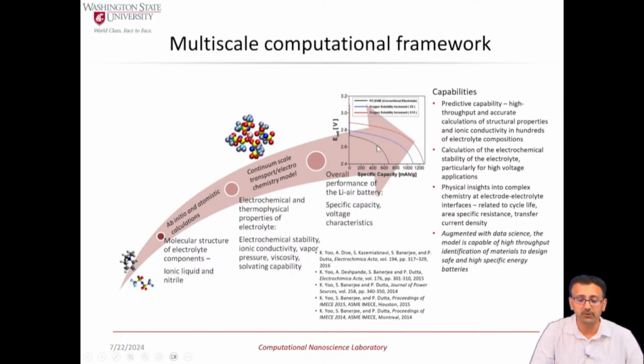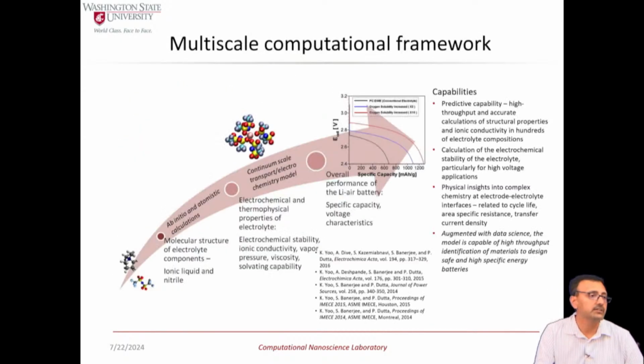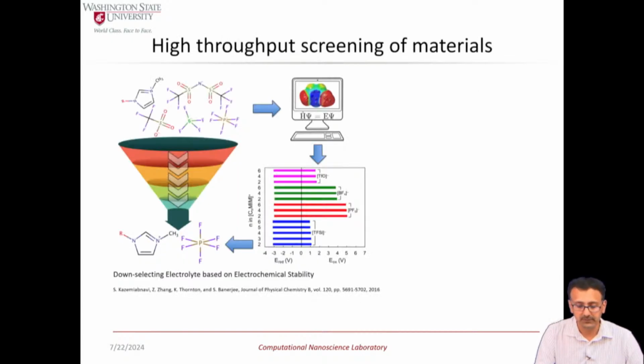current voltage performance. In fact, one of the things that we found from this project was that at a slightly elevated temperature, these ionic liquids achieved a really good specific capacity, which later on was validated by experimentalists by making a cell and testing it out. So, that was pretty satisfying, being able to look at theory at different length scales and effectively predict the performance. Today a lot of focus is on high throughput screening and tailoring of materials for